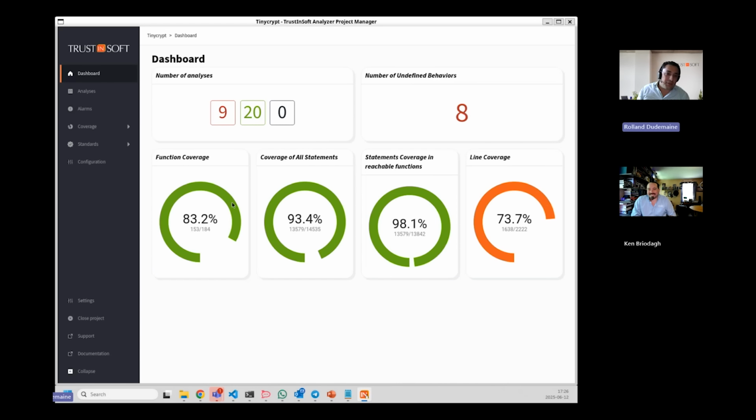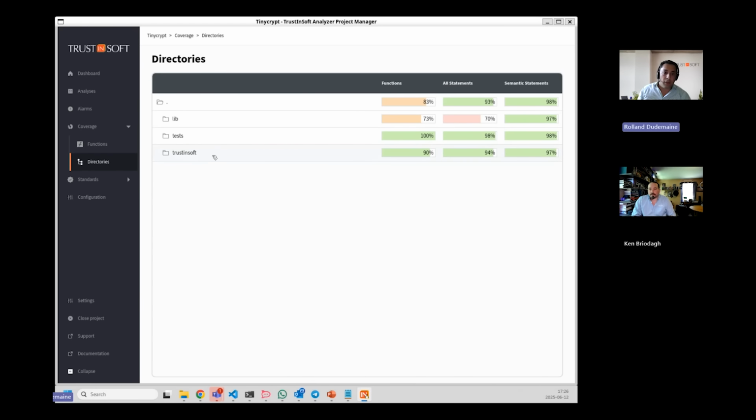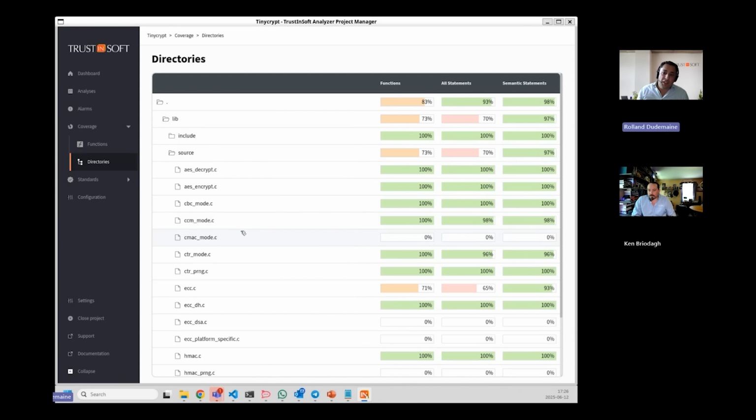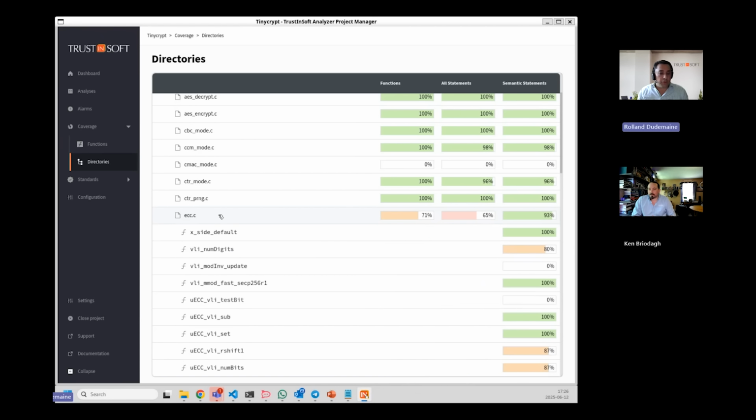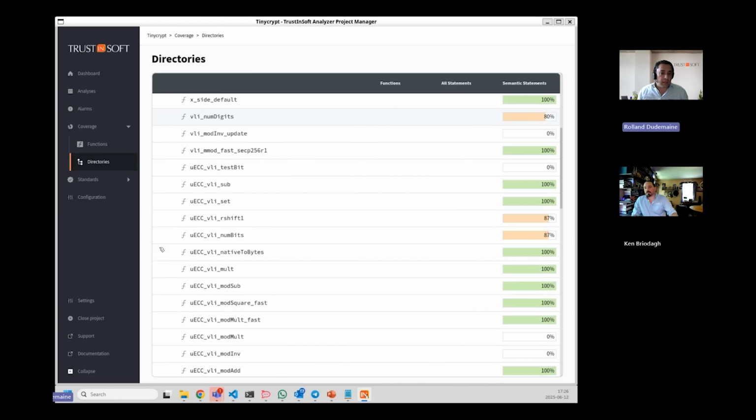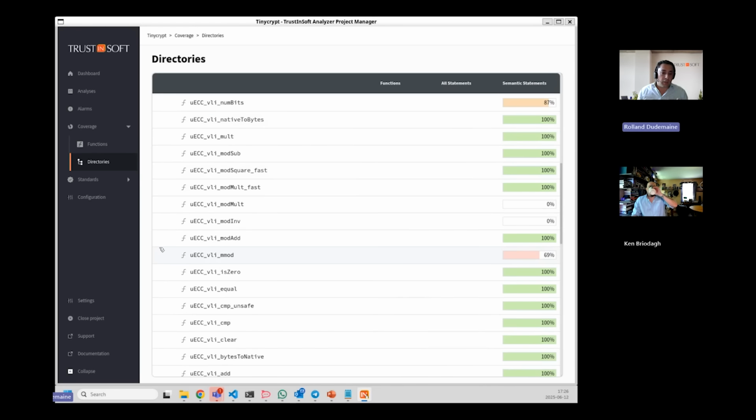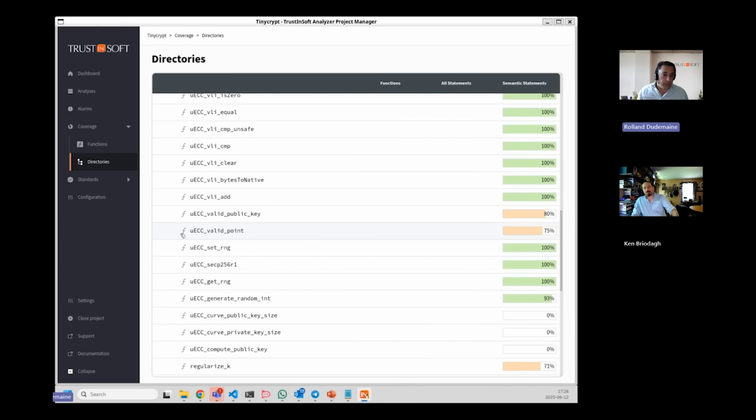After that, we can have an overview of the code coverage. We can look at the coverage in a more detailed way in the directories here. And what's nice is, because the tool remembers each state of the application, it can provide information about what's going on, and it can store and produce a report of the code coverage, which is actually usable for doing a complete audit of code.